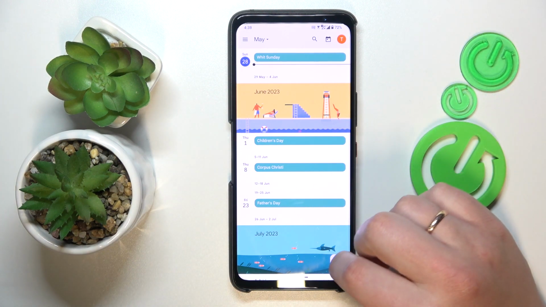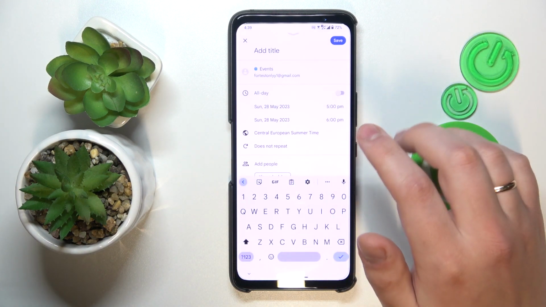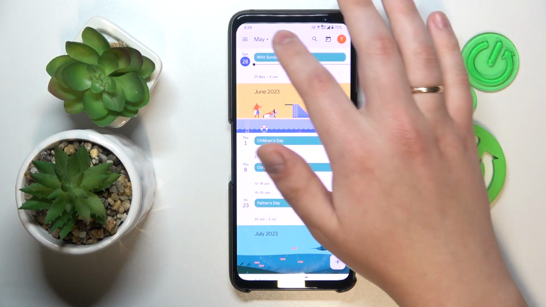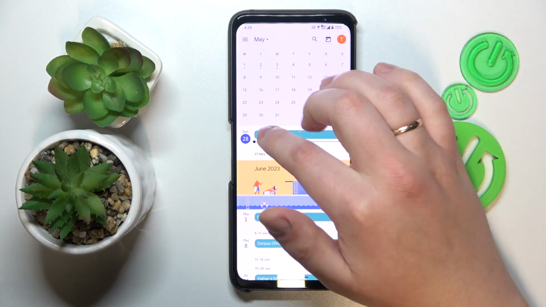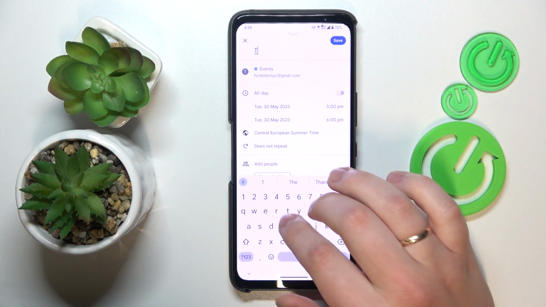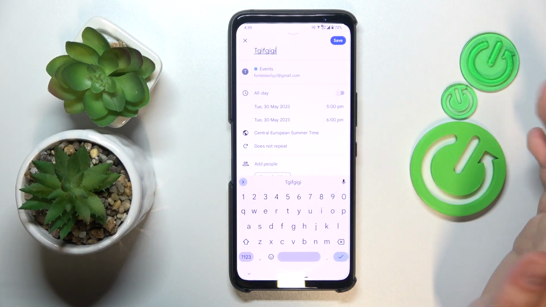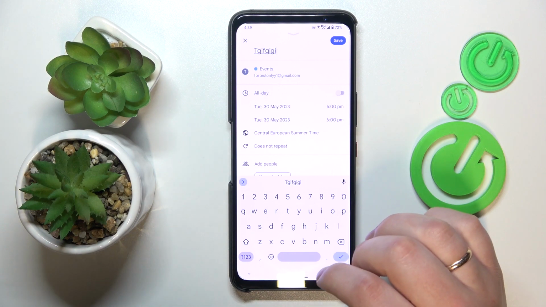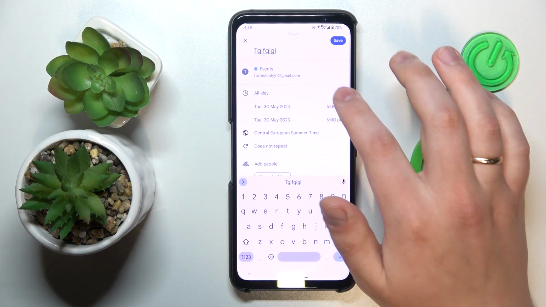So anyway, tap at the plus sign, choose an event option from the list. But prior to doing that, you will also need to make sure to select the proper date. So once you've made it to this interface, simply fill out all the event details, such as its title, time